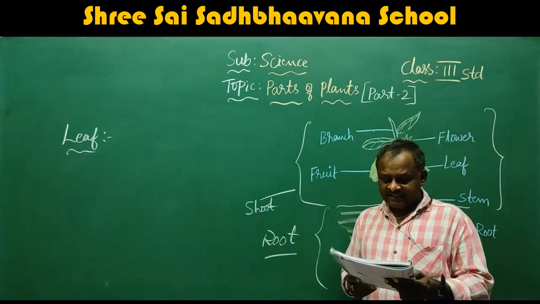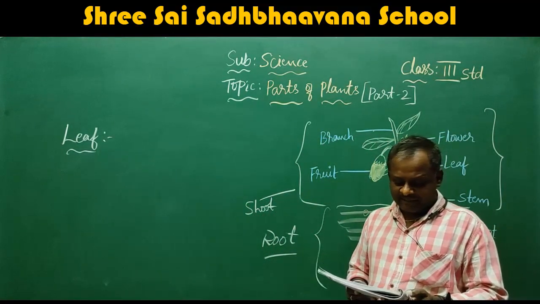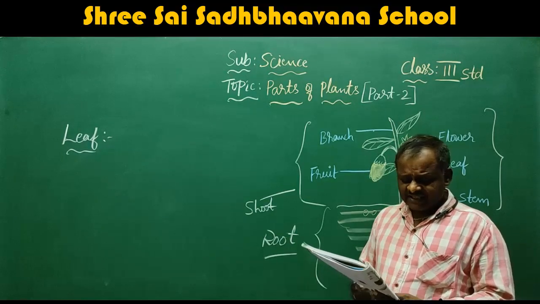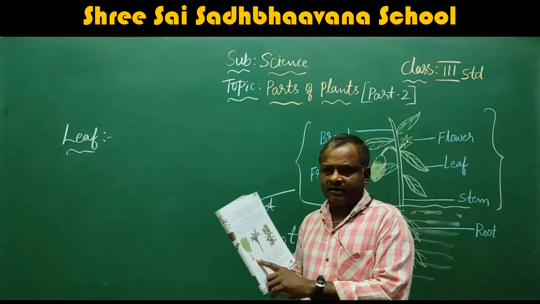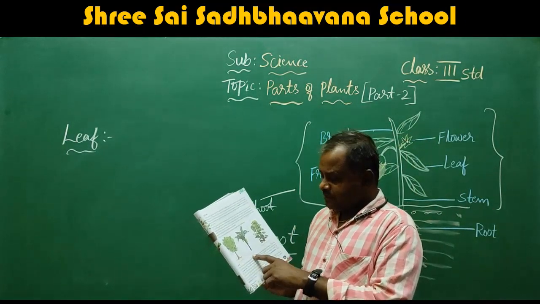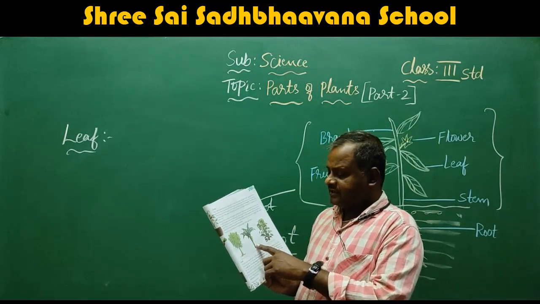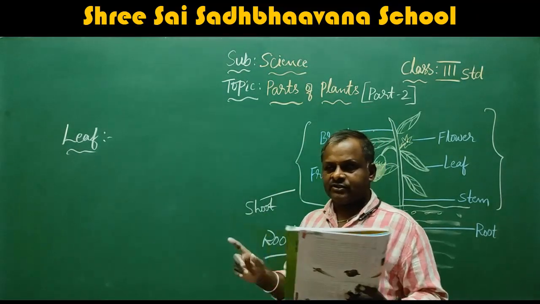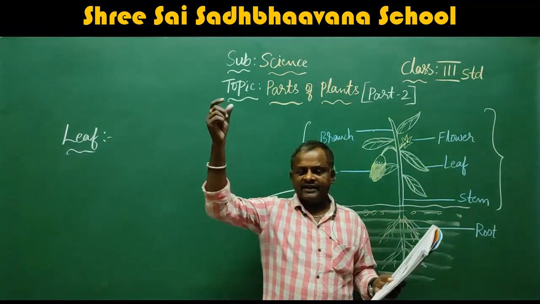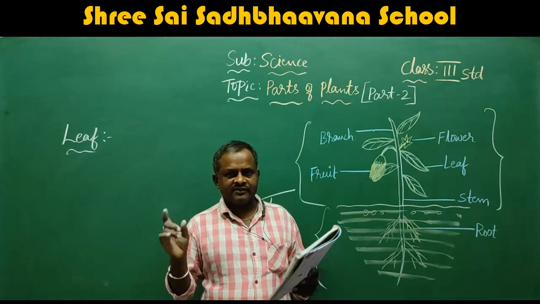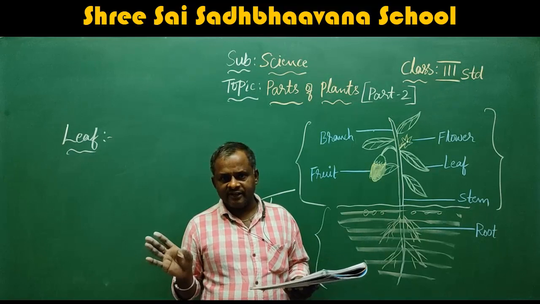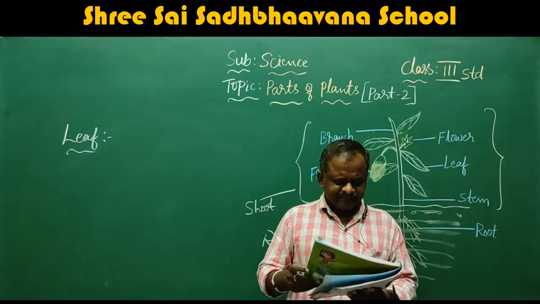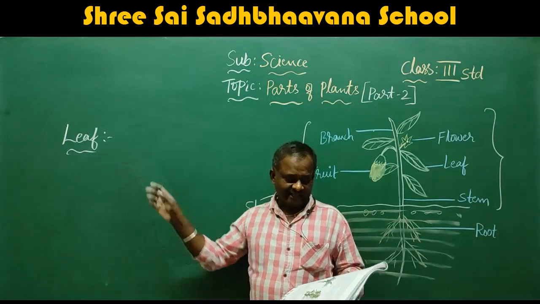Here see, they have given three figures: trunk of neem tree, trunk of banana tree and stem of the money plant. See this trunk of neem tree, it is very hard. Banana tree is also there, and the money plant grows on other trees or any support, because its stem is very weak, so it needs some support to grow. Next we will go to the leaf.